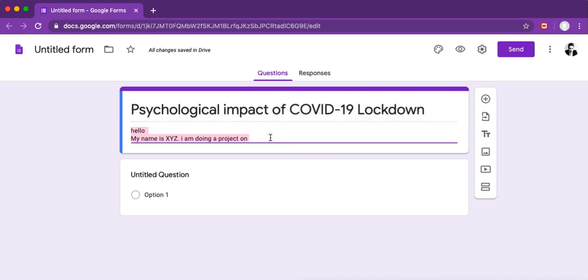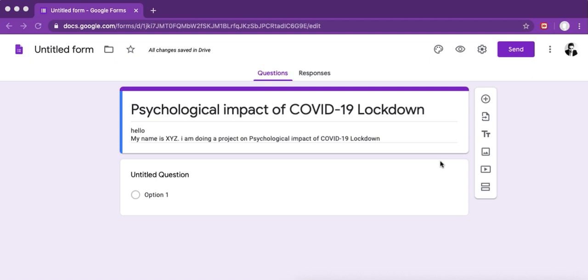You can write that I am a student from any XYZ college, doing a project under any faculty, be that assistant professor, associate, or professor.